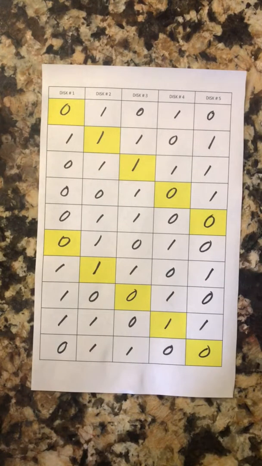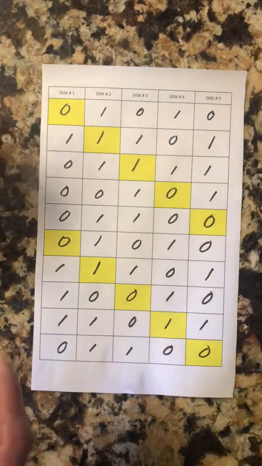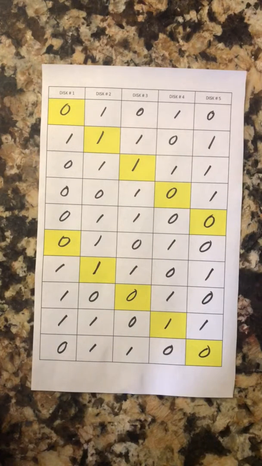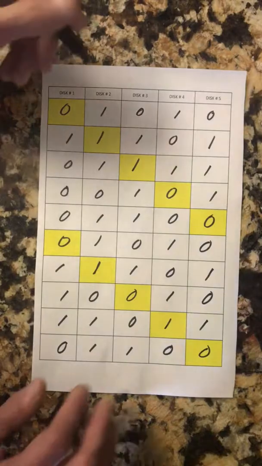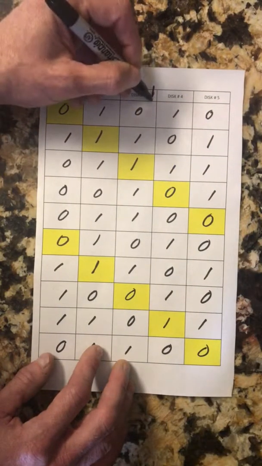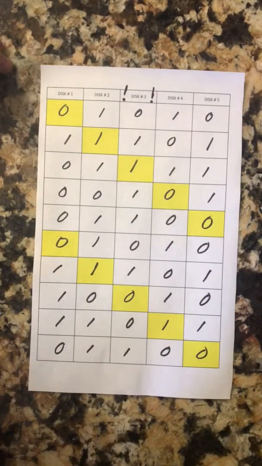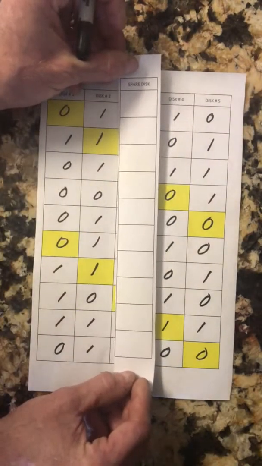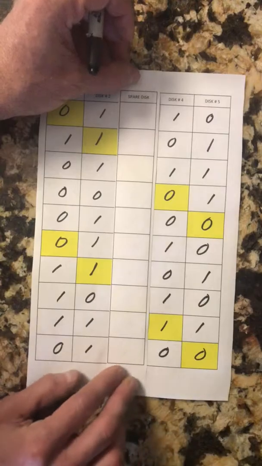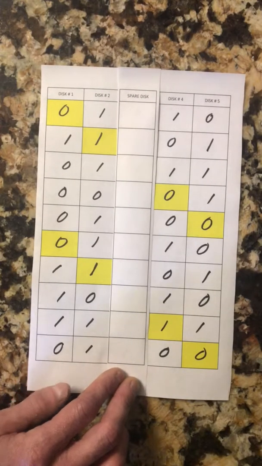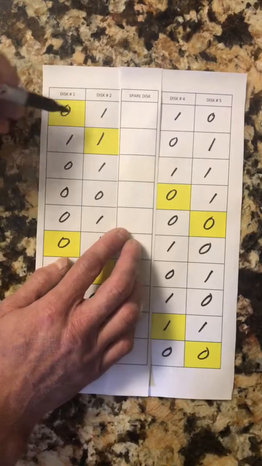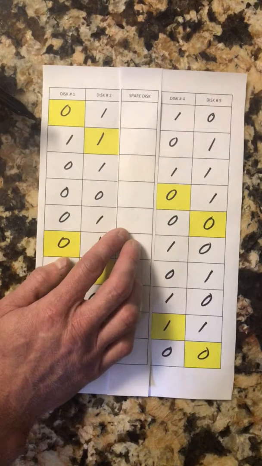But let's say, just for the sake of this exercise, we lose disk 3. Disk 3 has resulted in a physical failure and it has died. Under normal circumstances, any of the data that is written to that disk would be lost. In a RAID system, what it allows you to do is replace the failed disk with a new blank disk. At that point, the RAID controller will come back and it will run its parity check again, and it will